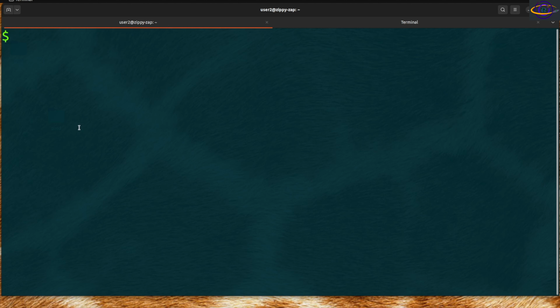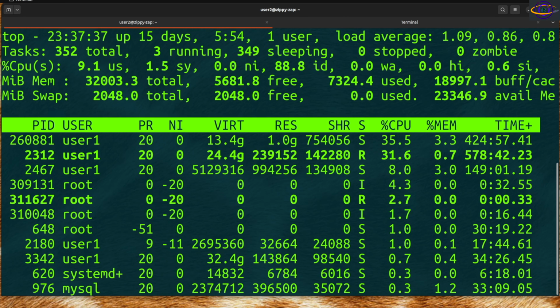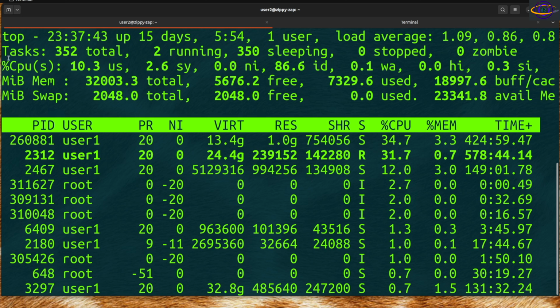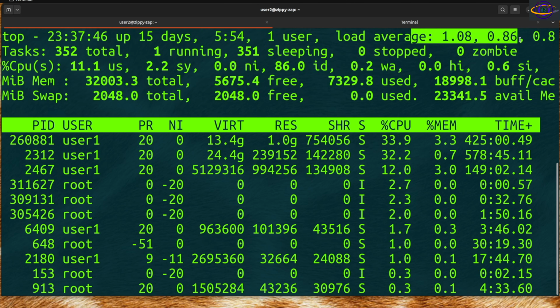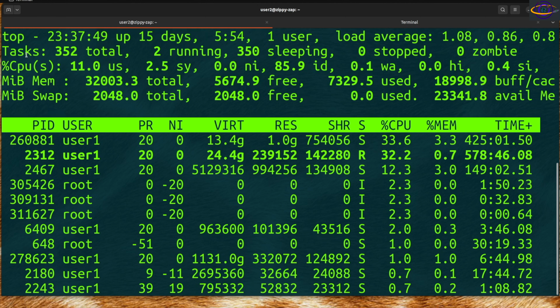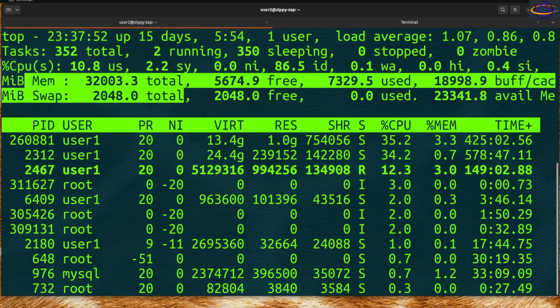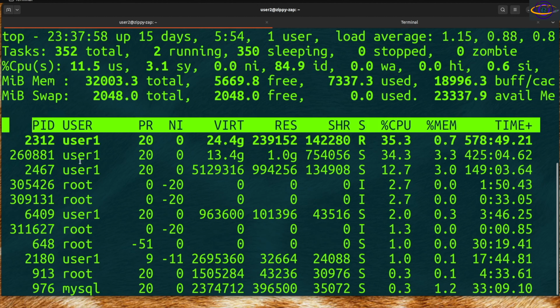So this is super common and installed on almost all systems. You type top, and this gives you a live view. Unlike the ps command, this gives you a live view of what's running on the system right now. And notice it updates every now and then. So up here you have this header section that gives you a bunch of info about the system: load average, uptime, number of tasks running, CPU, memory, swap, all that stuff. And then it gives you this header over here and all the processes running, and it sorts them as